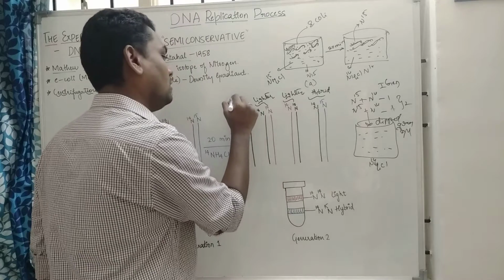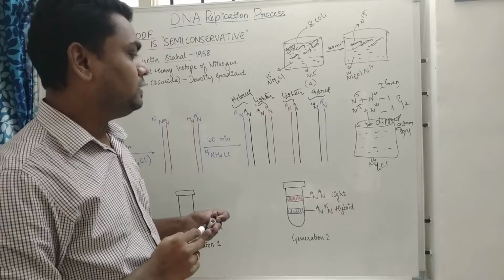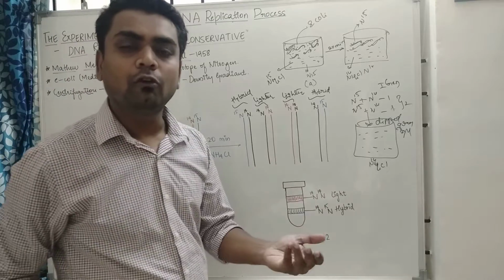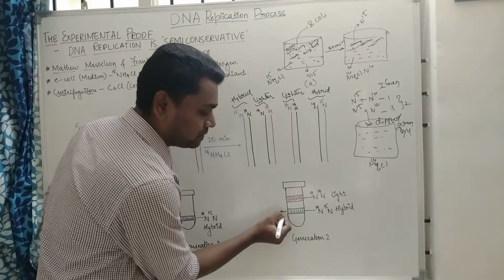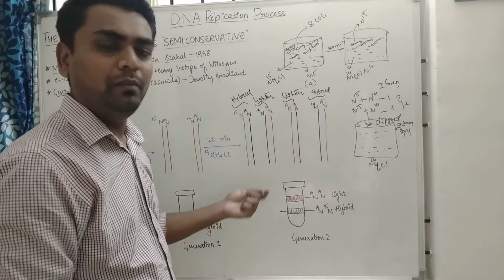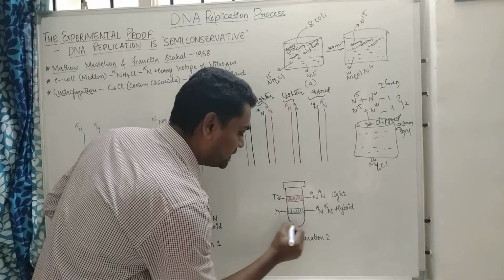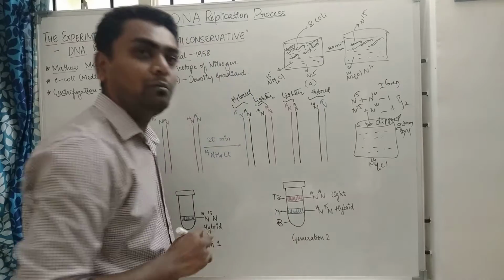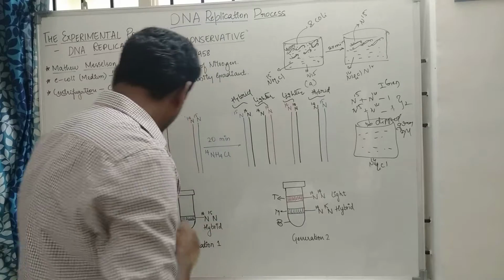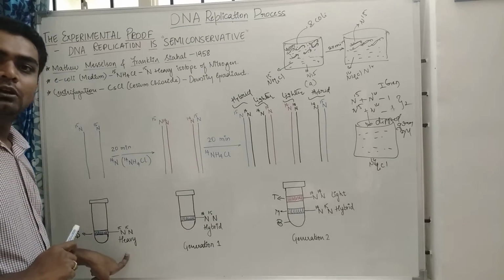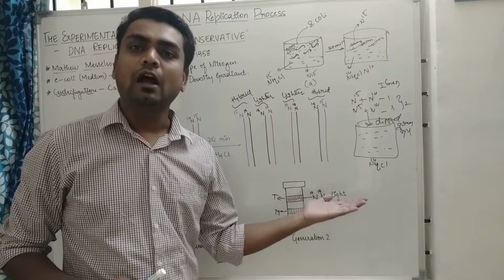How many hybrids have we got? We have got 2 hybrids and 2 lighter. See here, the lighter always floats on the top surface, right? The hybrid is in between, in the middle, and this one is top. There is the bottom, nothing is there. If you want to settle something at the bottom, what should be there? It should be N15, N15, the heavy molecule. It settles at the bottom, the hybrid in between, whereas the lighter one floats above.